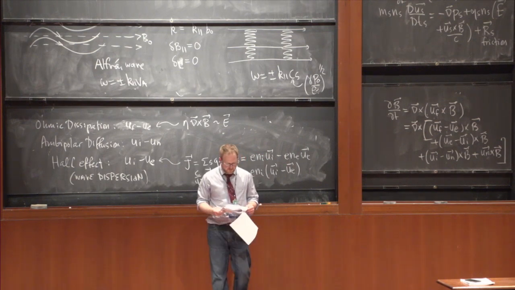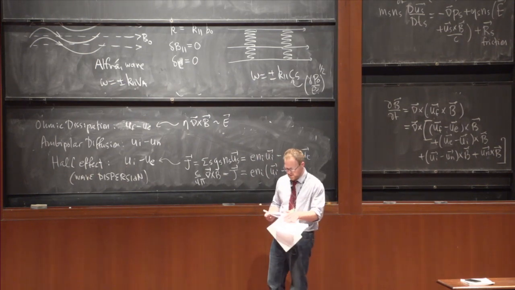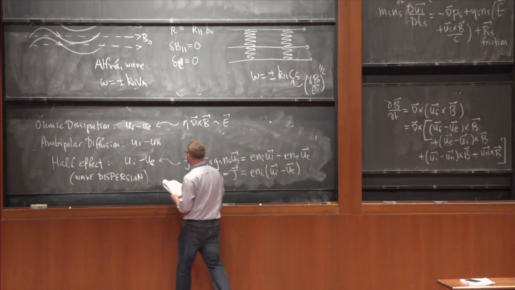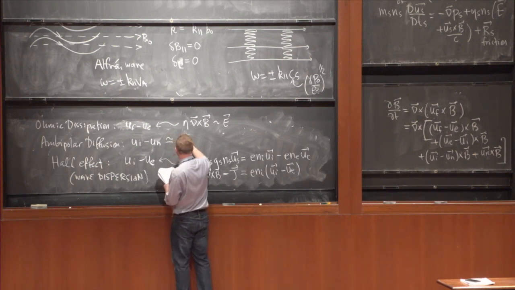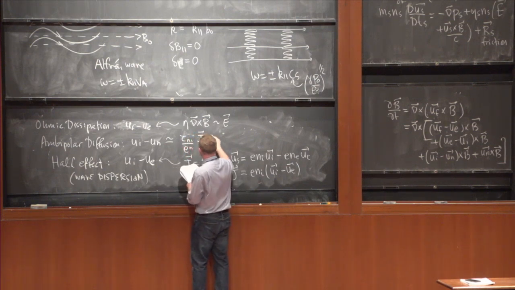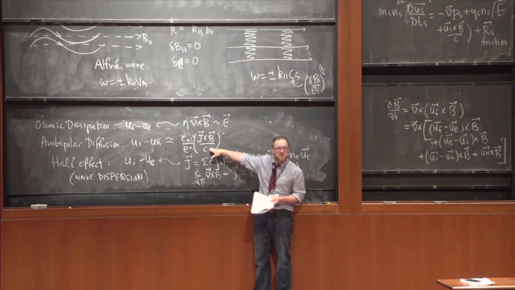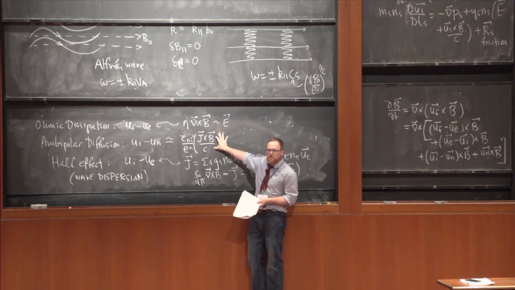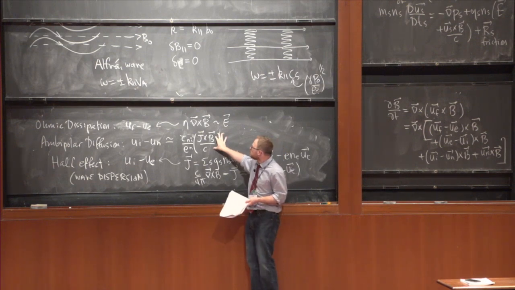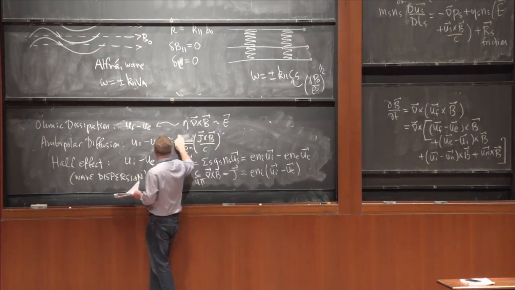So I don't know how much to write on the board about this. I mean, it's all worked out in detail in page 37, 38 of the notes. I'll write down the answer and motivate it. So this is just force balance, basically. So I have a Lorentz force, which is acting on the bulk plasma, which contains mostly neutrals. And then I have a collisional drag. So if I can write it this way.